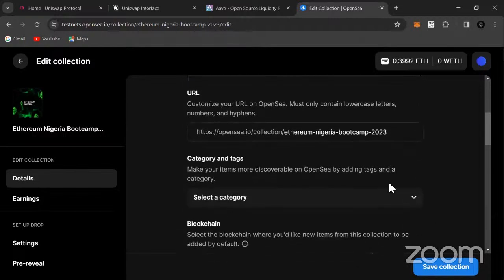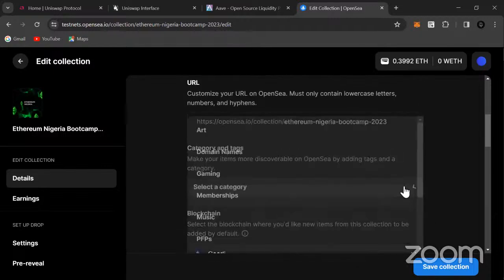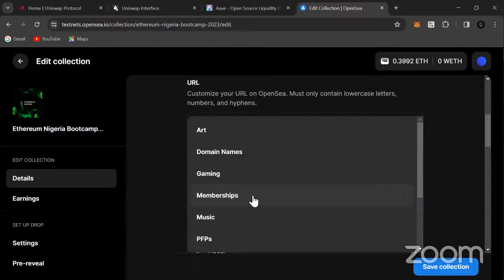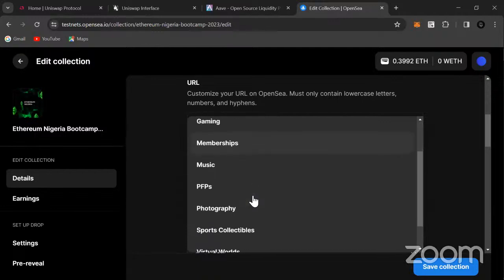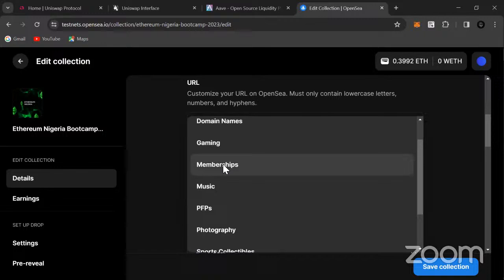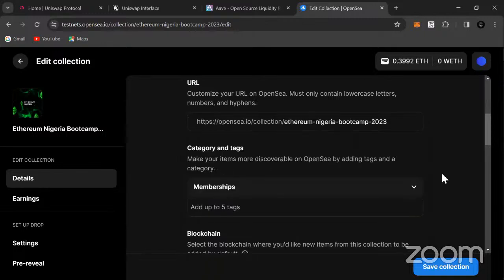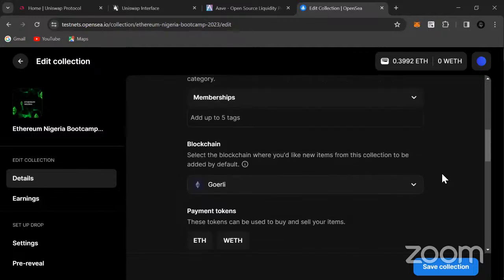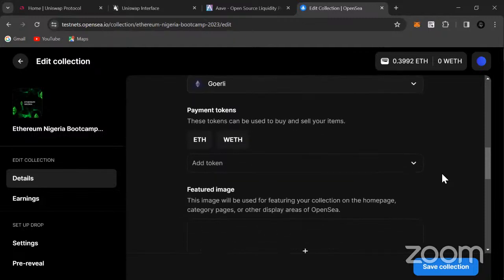Let's just set some other parameters. For our category, like I mentioned, there are domain names, that's ENS we talked about, gaming, music, and the rest. There are a lot of them, but we'll just choose membership, because we want it to be a proof of membership, right? So it's on the Goerli testnet.